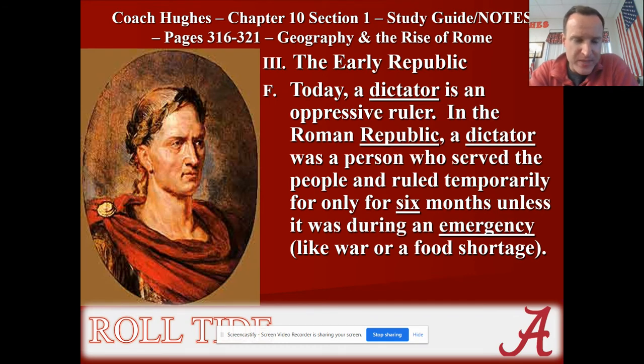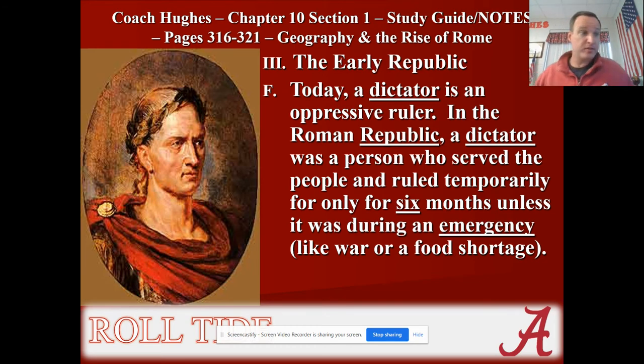So there's this saying, once you get a taste of power, you want more. And for some, not all, but some individuals that were to come to power, have absolute power, absolute authority over the Roman people, when their 6 months came to an end and they did not want to give up their power, some of them, you could argue, would